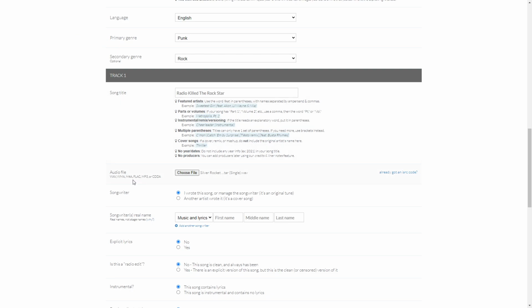And for this, you really want to upload it as a WAV, as the WAV file is going to be your highest quality compared to like MP3 or something like that, which is a compressed audio file. Try to get the best quality file that you're releasing here, because those stores that you're releasing it to are going to release them as MP3s and as lower quality. So it's best to start with the best quality here. But if all you have is MP3, don't worry, upload it here. It's fine.